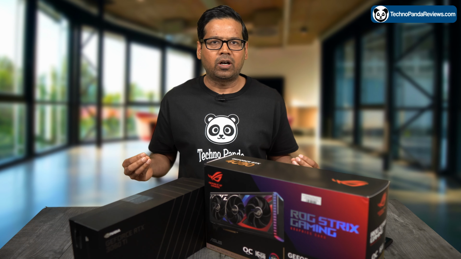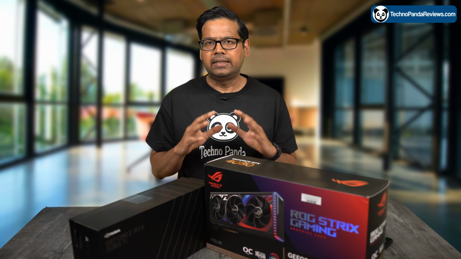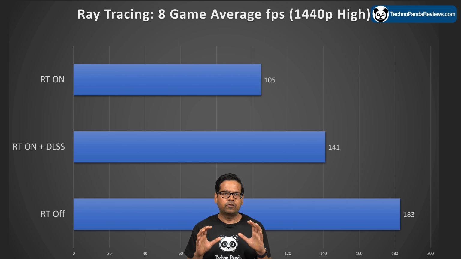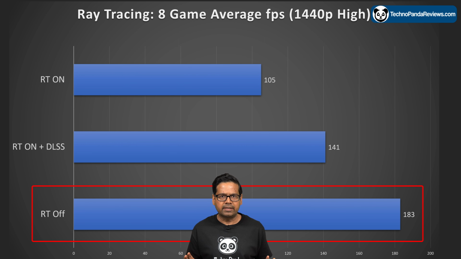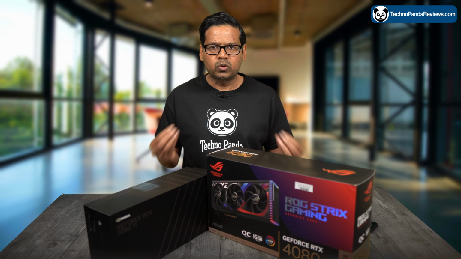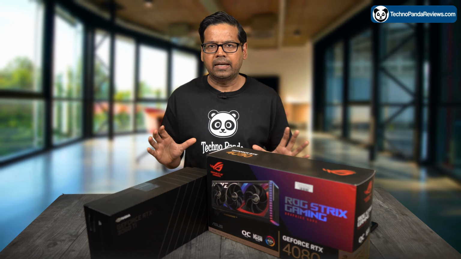Moving on, let's talk about ray tracing and the DLSS 3 AI upscaling. Specifically, I would like to share the 8-game average performance in 1440p resolution at the high setting. When I disabled ray tracing, I was able to achieve an impressive average of 183 FPS. However, when I turned on ray tracing, the frame rates took a hit, dropping down to an average of 105 FPS. This is where DLSS 3 AI upscaling comes handy, boosting frame rates while still maintaining a high level of